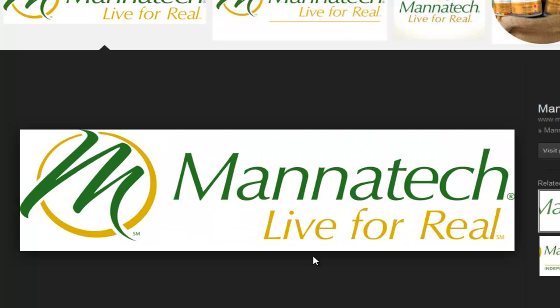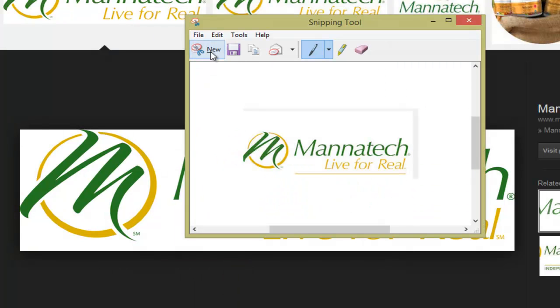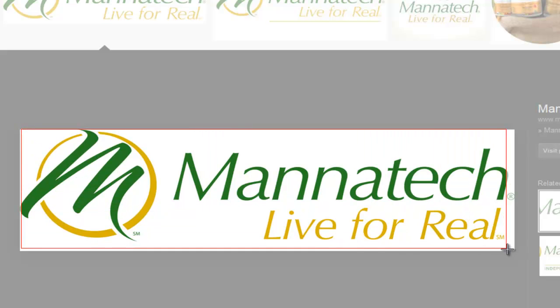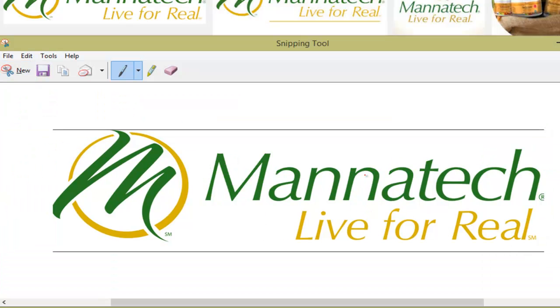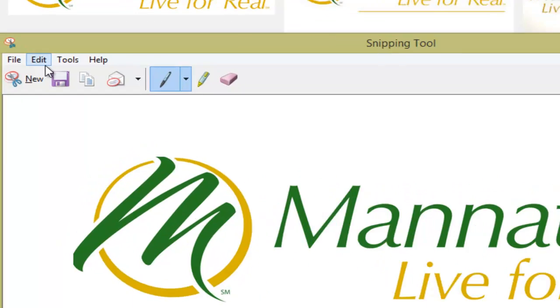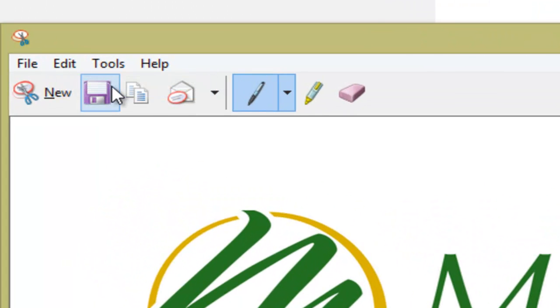Now the final thing I wanted to show you is a little trick that I do sometimes, and I'm not sure if this is going to work on your computer if you have Microsoft Word or not, but sometimes I'll shrink the pic before I upload it, and the way I do that is I'll just highlight the pic with my snippet tool like I showed you before, and then instead of saving it, I'm going to click Edit Copy, and I'm going to come over to Microsoft Word,